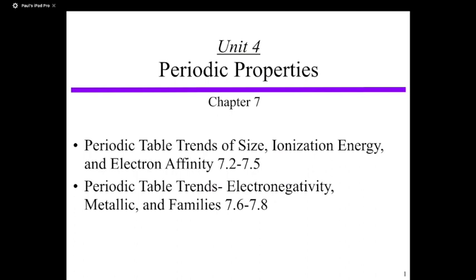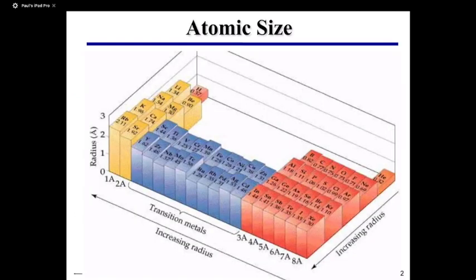And so we're going to look at a couple ideas, including size, ionization energy, electron affinity, electronegativity, metallic character, and then how each family tends to react. Because every family reacts similarly. And so the first thing that we're going to do is look at size. All right? And so if I look at size,